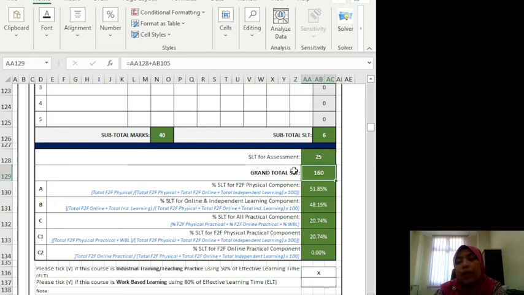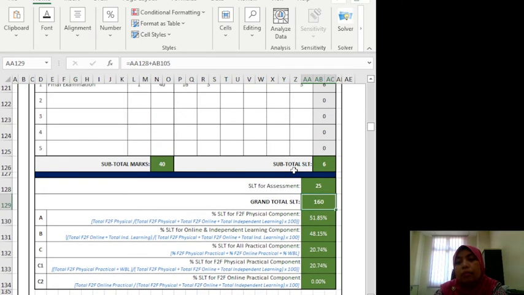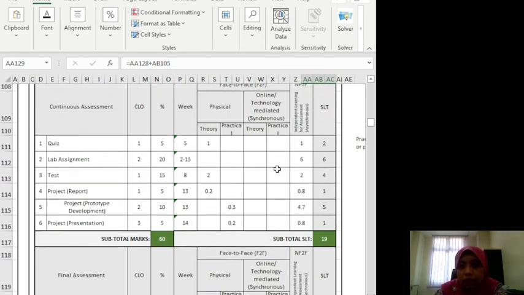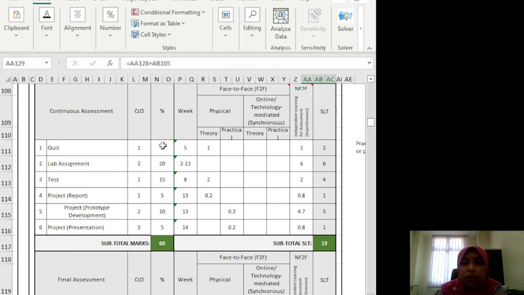Okay, so it will lead to 4 credit hours. 160 is 4 credit hours. 120 equal to 3 credit hours. 80 equal to 2 credit hours. Okay, what is the most important thing is you need